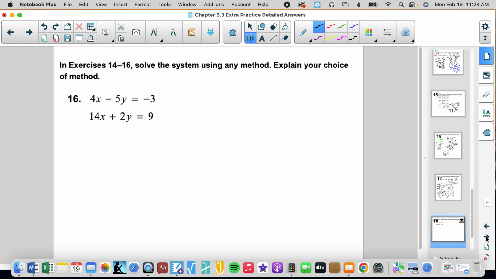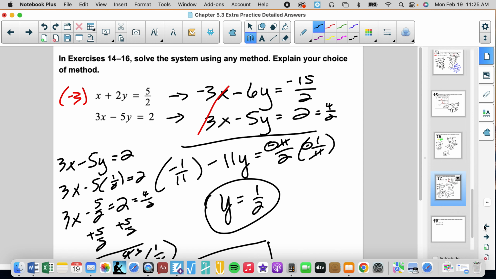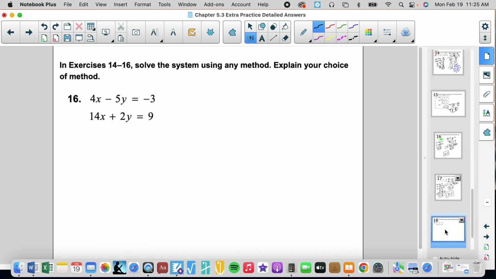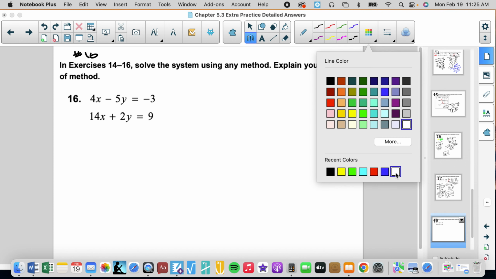Oh, did I write the number above it? No, that was number 15. And last but not least, number 16. Let's erase that so we can